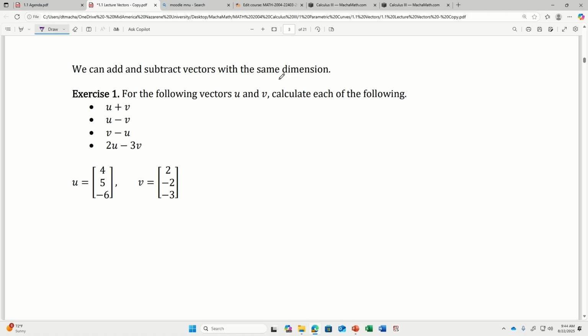If you want to add and subtract vectors, you can do so as long as they have the same dimension. You can't subtract vectors of different dimension, but if you do have vectors of the same dimension, then this is really easy. It works exactly how you think it would work. I'll do one example and then we'll move on because I think you guys are smart enough to get the picture. If I wanted the vector u plus v,